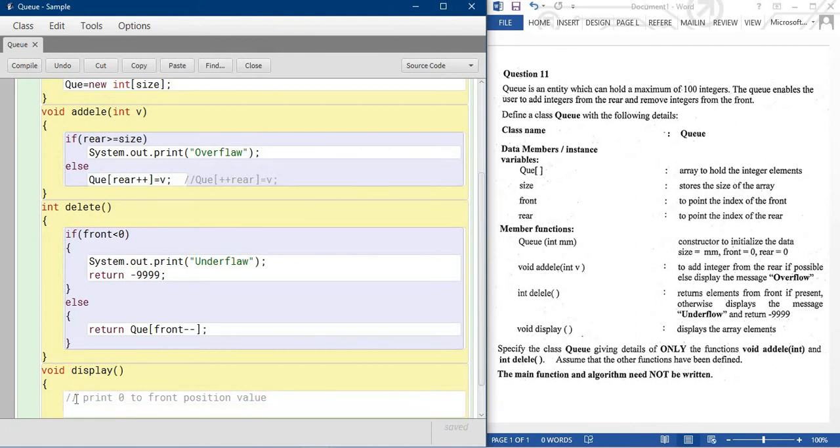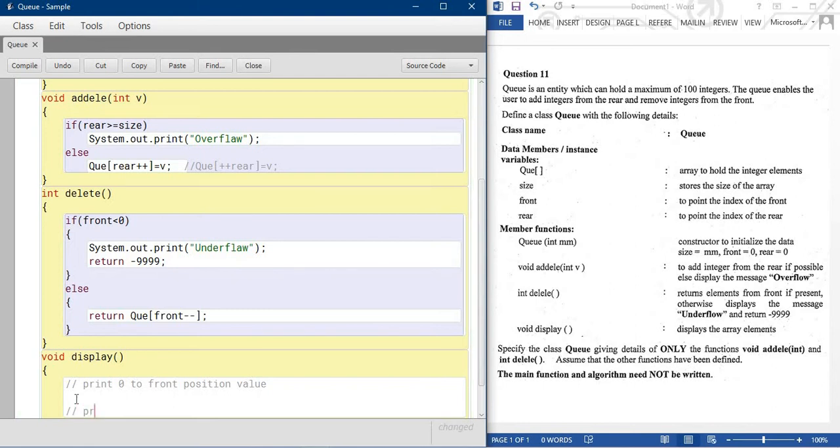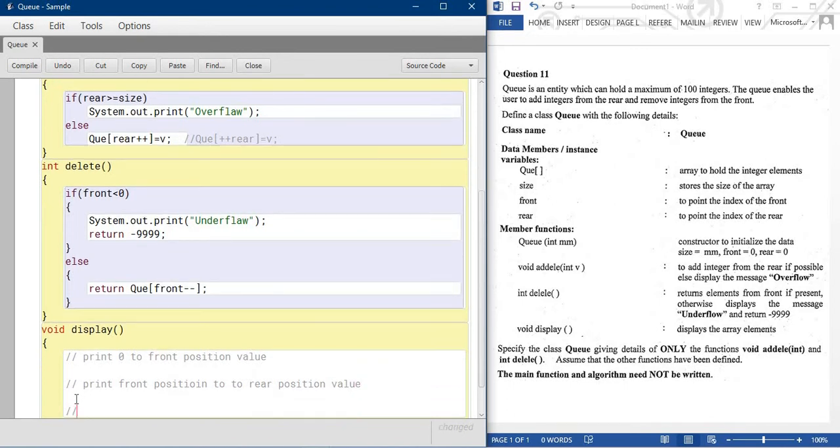One comment for print front position to rear value, and the last one is print rear value to last. Okay, so these are the three for loops required.